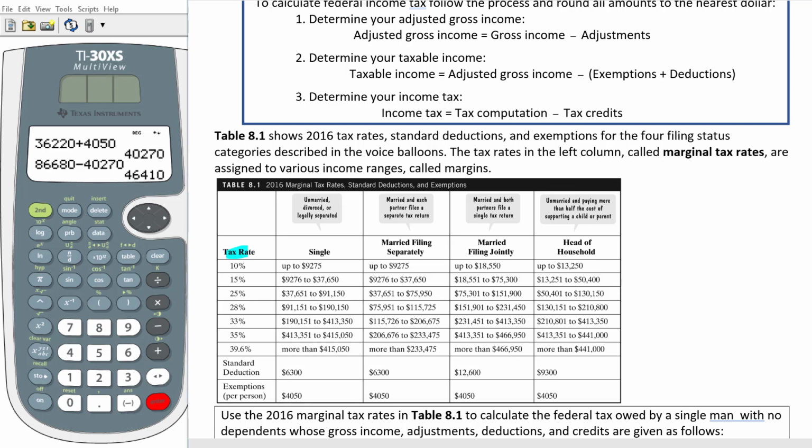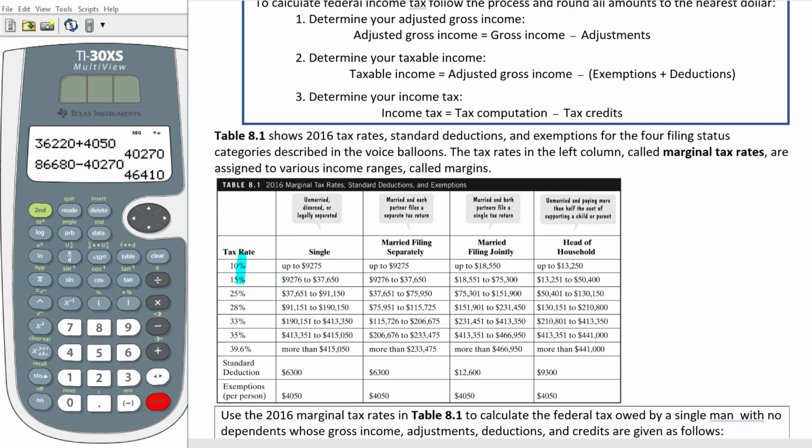So over here we have the tax rate, okay? So for certain amounts of money, let's say for the first $9,275, you're going to pay a tax rate of 10% on that amount. Any amount from $9,276 to $37,650, you're going to pay a rate of 15% on that amount, and so on and so forth,